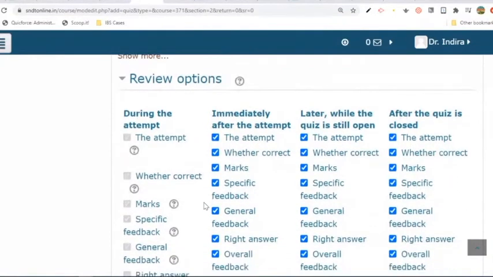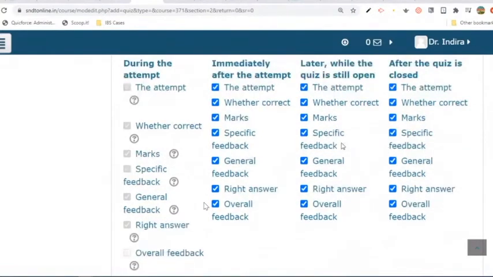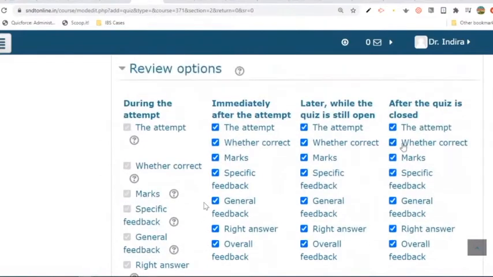And coming to this review part, as I said, if it is a practice quiz, then you can enable this correct answer and all. Otherwise, what will happen? Students will start sharing the answers. So just below this, immediately after the attempt, uncheck all these. Just let them see the marks that they scored.